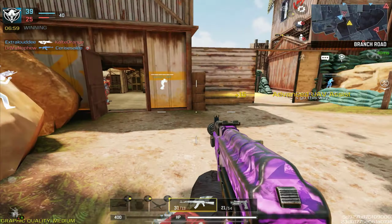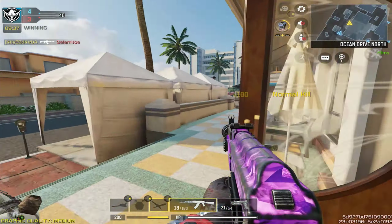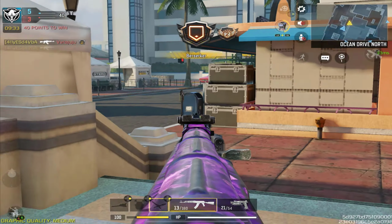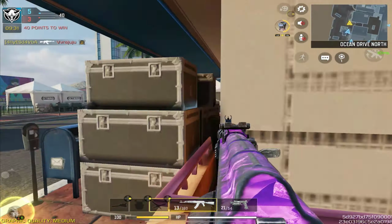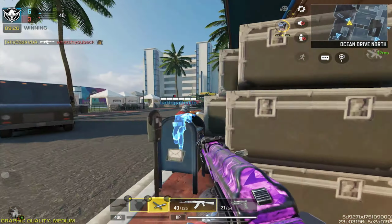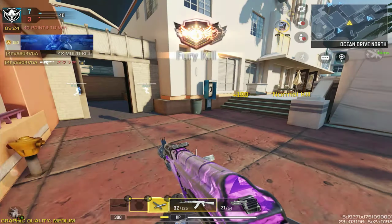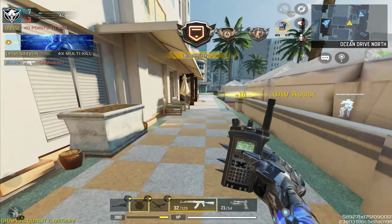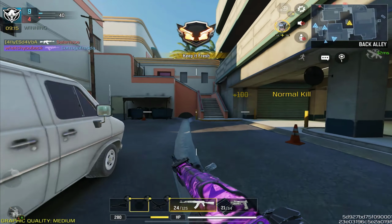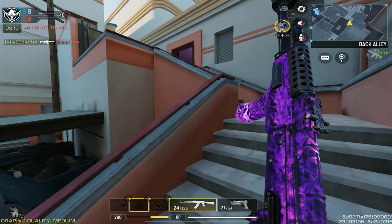So the reason why I say that is because while yes, it is a heavy attachment, they never stop to consider what it can do for the other option for the AK-47, which is the 5.45 rounds. So I know where you guys think I'm going with this. You guys think I'm probably a psychopath or whatever. And maybe I am a little bit, but remember when I said that this barrel does increase the bullet spread accuracy by 40%? So if you were to combo that with the 5.45 rounds,